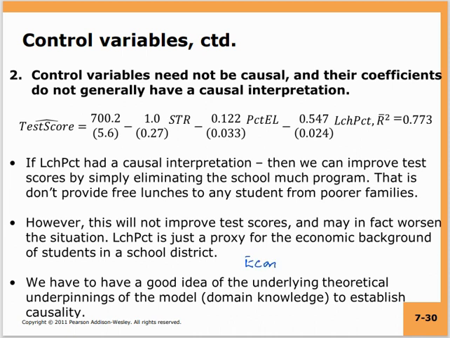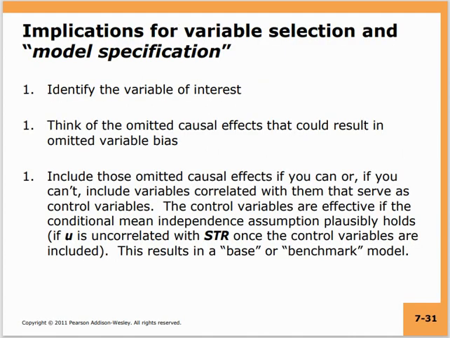If you are building a marketing model, then you have to understand the underlying marketing theory, and so forth. If you are building a model in the financial area, financial stock markets, then you have to understand the theory underlying what makes stock prices go up or down, and you have to include those variables that take into account all the theoretical underpinnings, and you will have to have domain knowledge in order to establish causality. So just using any variables and putting them in your model will not help you establish causality.